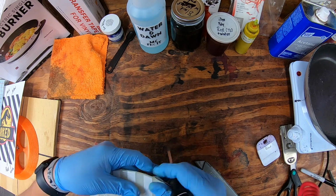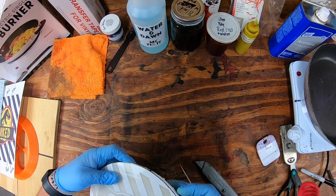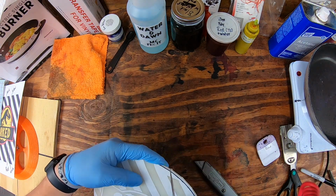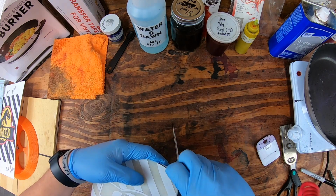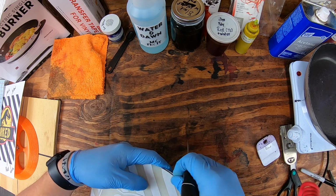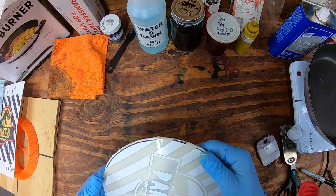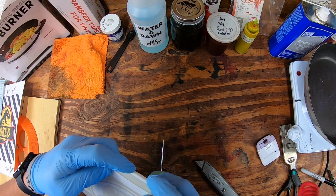Yeah, I think I'm going to like this better than just a straight circle around the edge. So just take your time doing this. You don't have to do this. It's whatever you want to do. It's your disc. Have fun with it. If you want to do a spin dye, they're real simple. You just get a record player and put some acetone and black dye on it, and it will capture it really, really well. Okay, it is a little sticky around the back side, but I am a-okay with that,